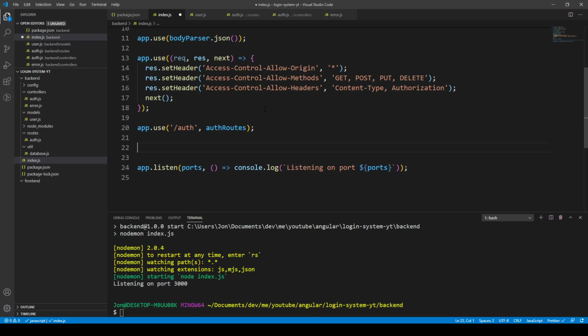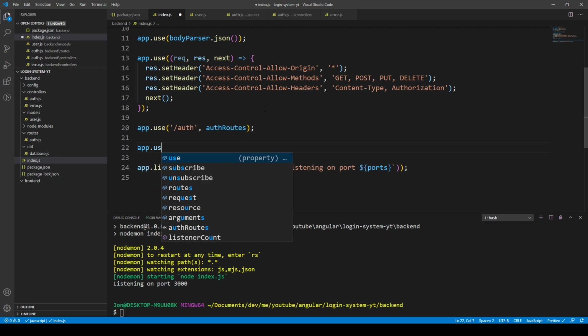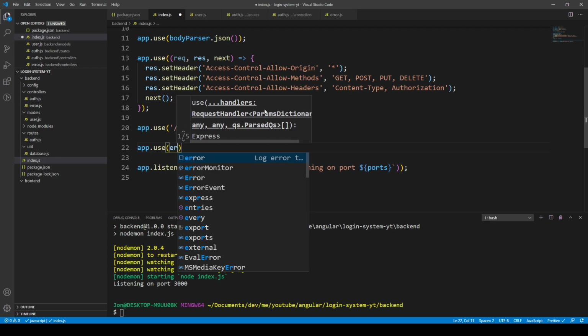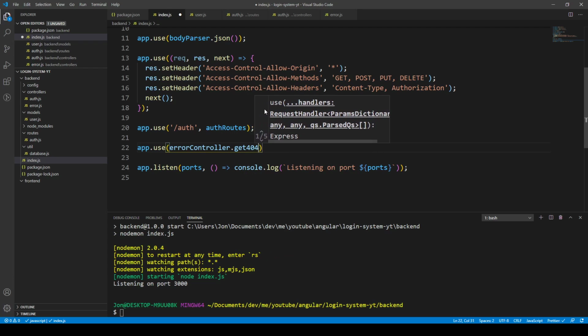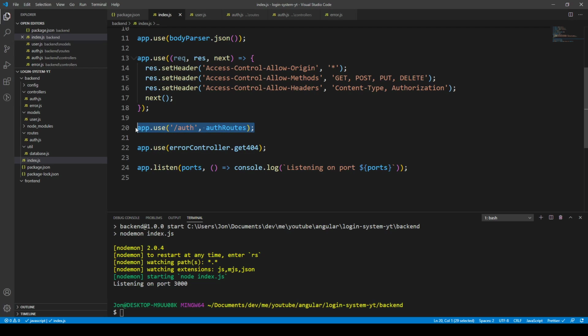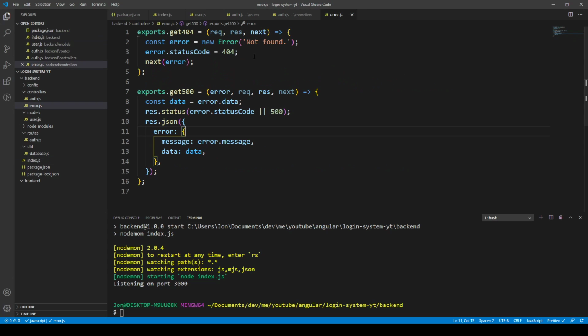And if we make a request to the server but it's not that route, we're going to say just use the 404. So there's the error controller here, and we don't need to pass the route because the route isn't known at this point. So if it doesn't reach this endpoint here, /auth/something like /signup, we're going to say there's a 404, and then that error is just saying, okay, nothing could be found,